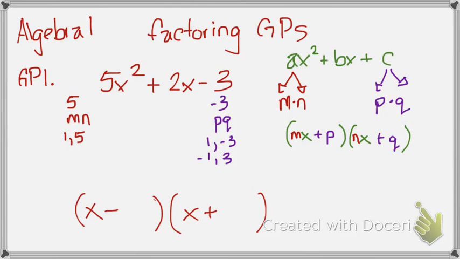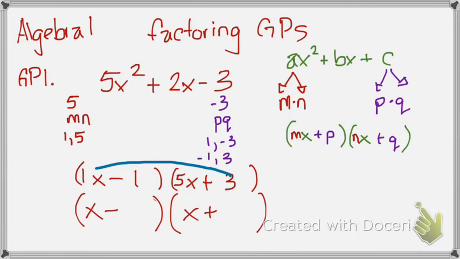We also need to run some trials to find out, is the first one going to be 1, or is the second one going to be 1? So there's my x's, plus, minus. Let's come up with a couple of trials here. We definitely know we have a 1 and a 5. And we know we have a 1 and a 3. When you OI that,